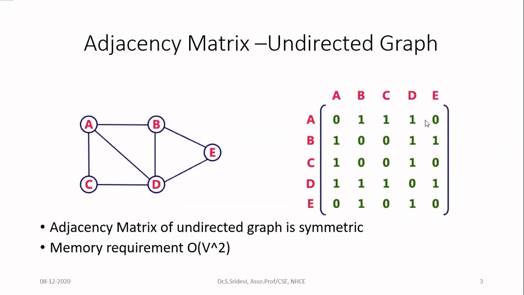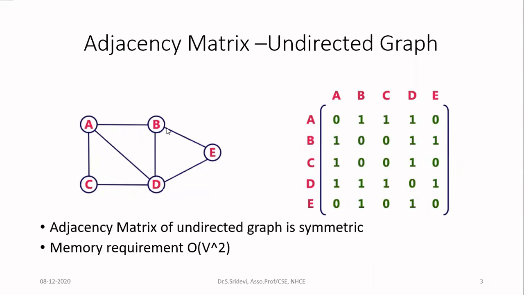So when you read this line, it will tell you that from the node A, you have connection to node B, node C, and node D. And for node A and E, there are no connection from node A. So that is the meaning of the first row. Now let us focus on the second row. So the second row is related to the node B.